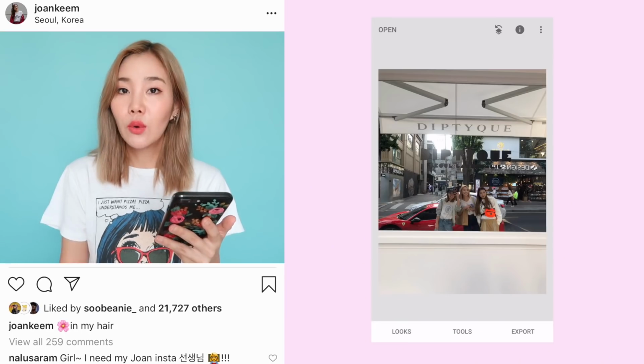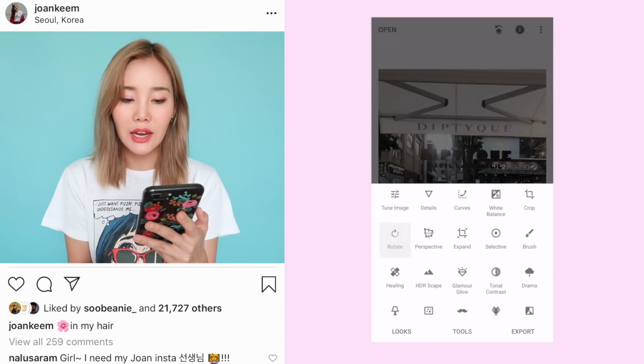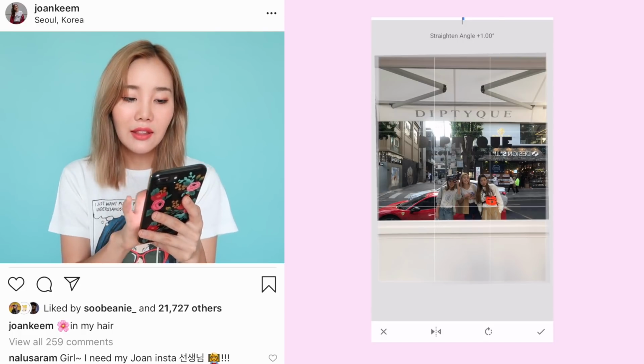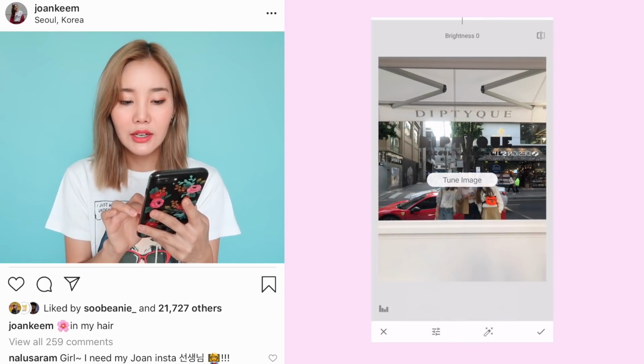I'm gonna start off by sharing all the photo and video apps I have on my phone. And first we have Snapseed, and this is actually the very first app I use because it's great for straightening my photos automatically, and it's great for lighting. So for this particular image, I will normally use the rotate option and it will straighten automatically. If I like the lighting, I usually stick with it. If not, I'll usually brighten the image.